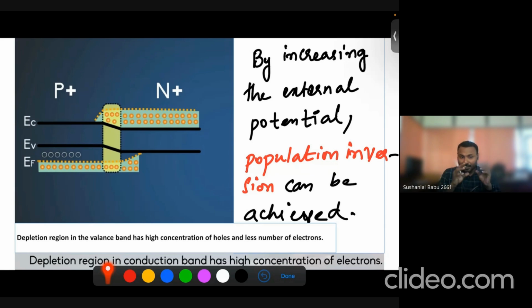Whenever an external power supply is provided, if the electrons flow in the same direction as that of the electric field, then it is called the forward biased condition. And whenever the electrons flow in the opposite direction, or current flows in the opposite